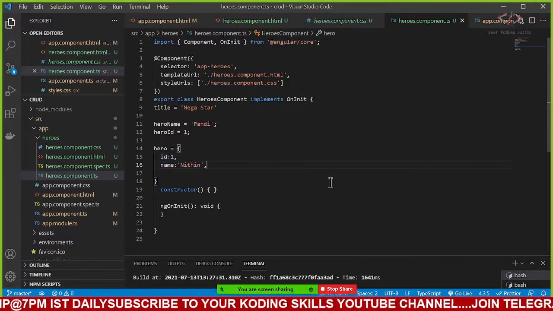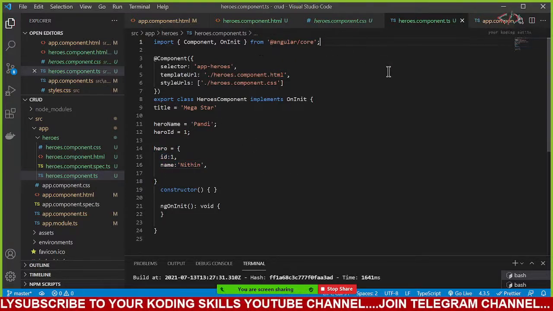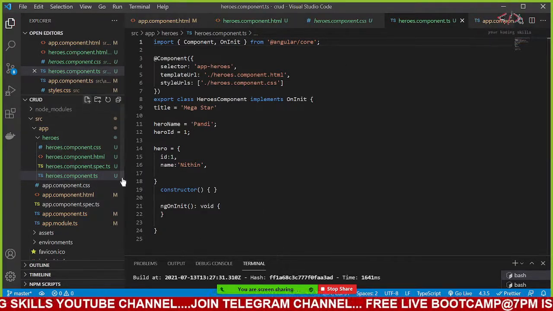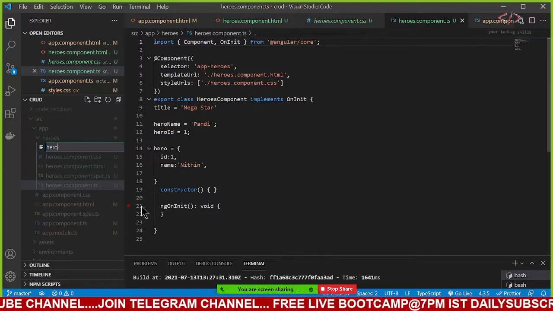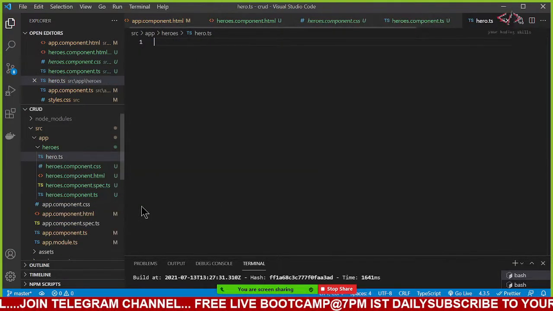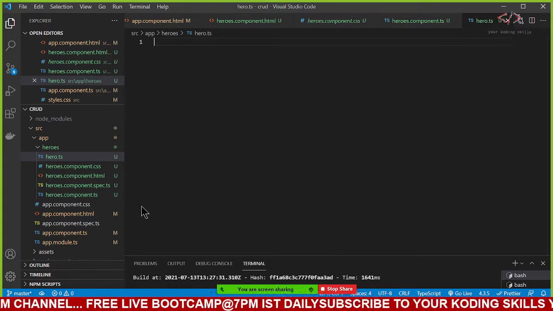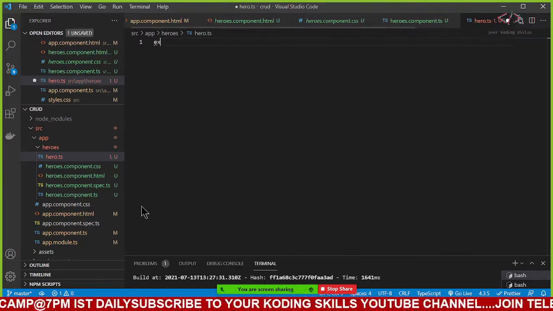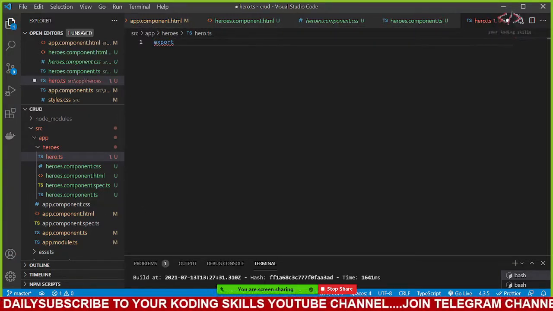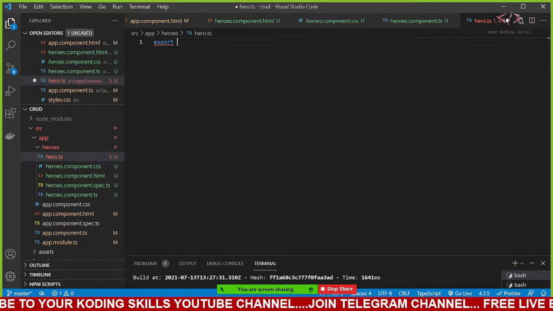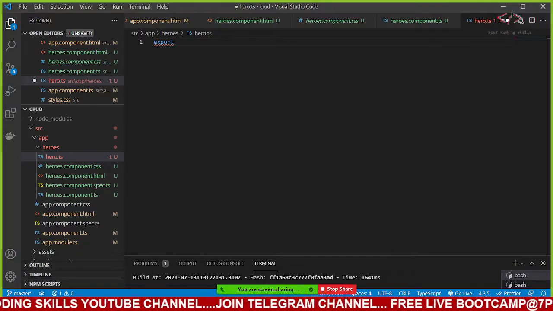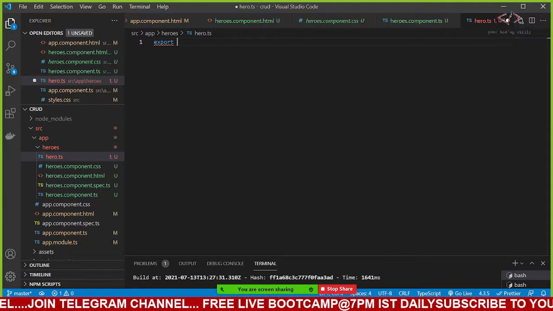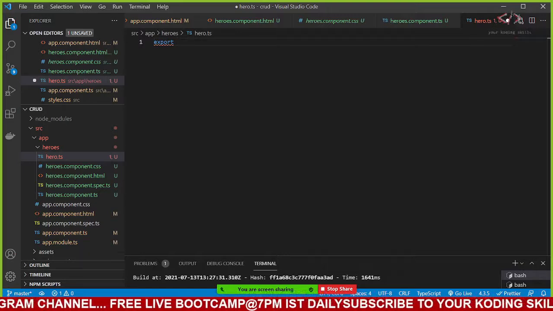I'm going to introduce you to something called interface. For example, here itself, I'll create one file that is hero.ts. It is just a basic TypeScript file. It is not having any connection with your Angular. And this interface is nothing but a concept from TypeScript itself. So normally when we say TypeScript, the word type itself says that there'll be a type check. Whenever a variable is coming, you can first assume what kind of data you are getting. If anything comes less or if anything comes more, we can throw an error.